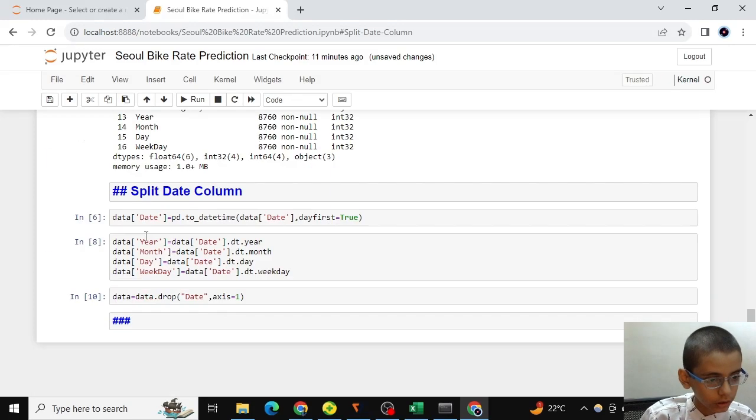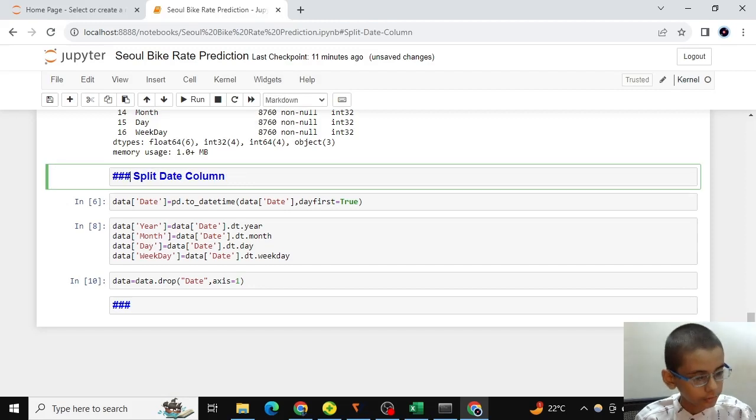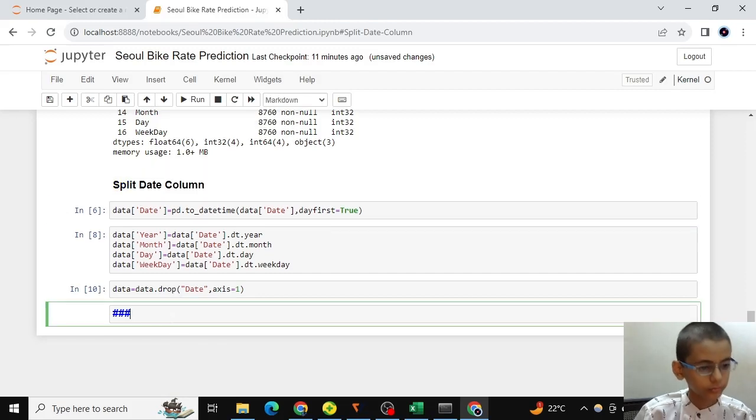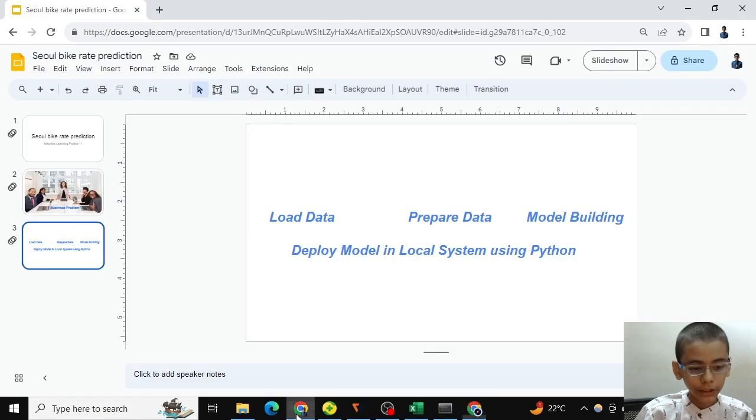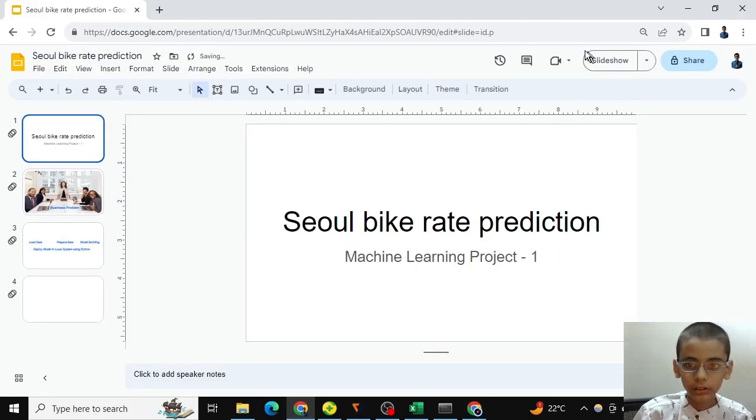We have to convert this to a third heading: split and find multicollinearity, guys. Multicollinearity means, let me create a new slide for your help.